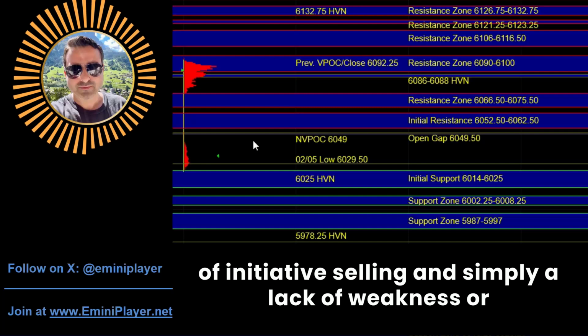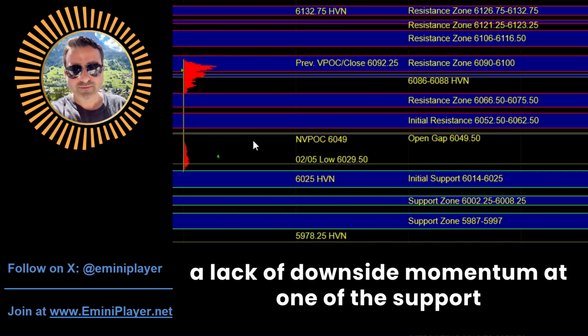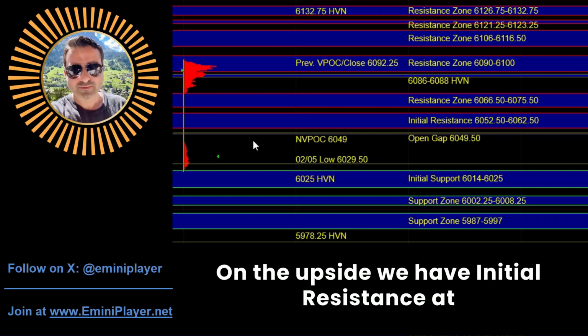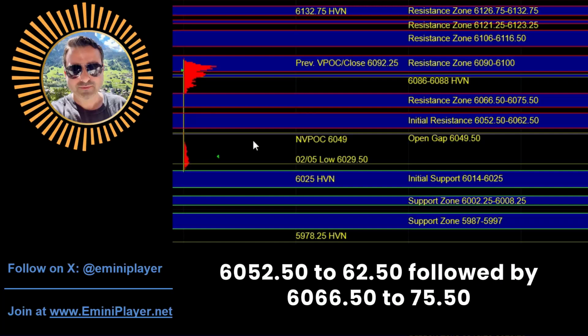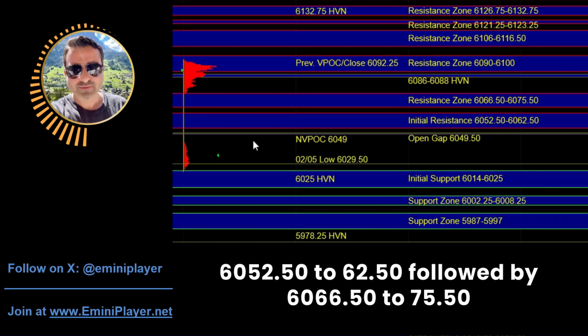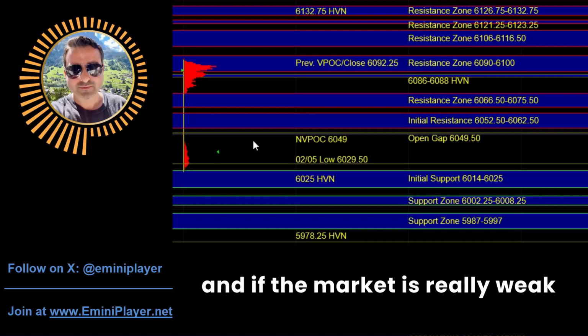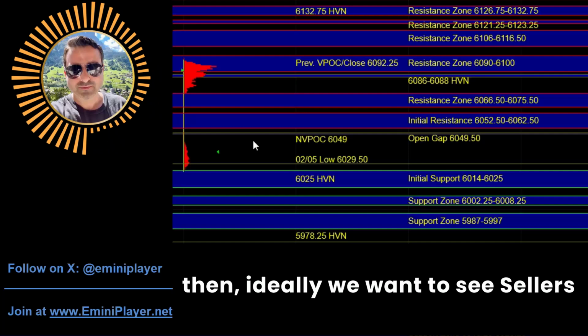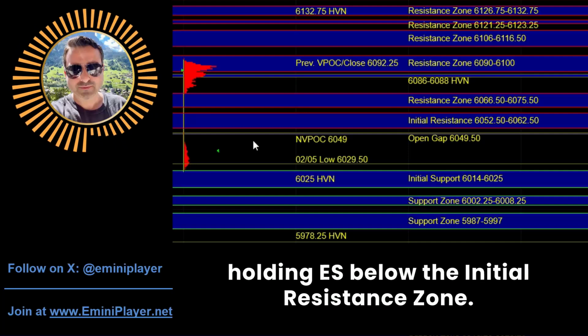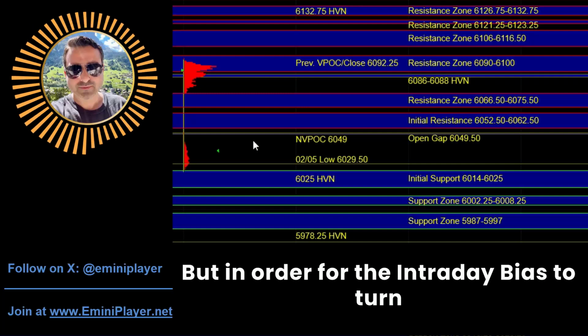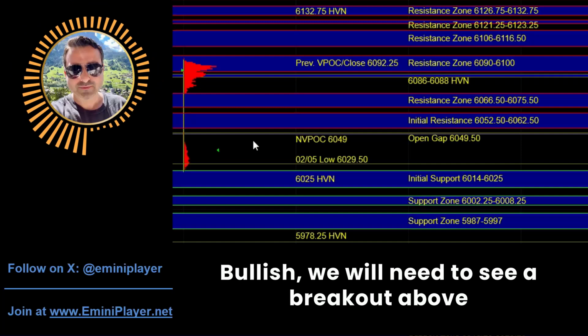And simply a lack of weakness or a lack of downside momentum at one of the support areas below can attract responsive buyers. On the upside, we have initial resistance at 6,052.5 to 62.5, followed by 6,066.5 to 75.5. And if the market is really weak, then ideally we want to see sellers holding ES below the initial resistance zone,